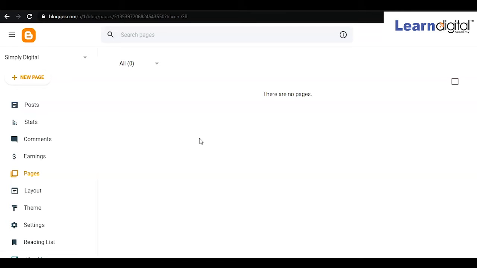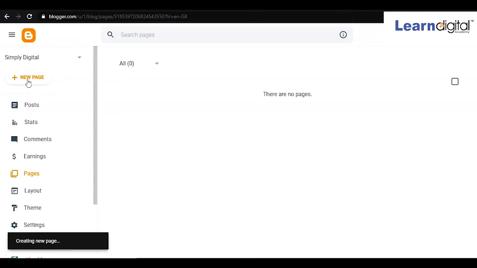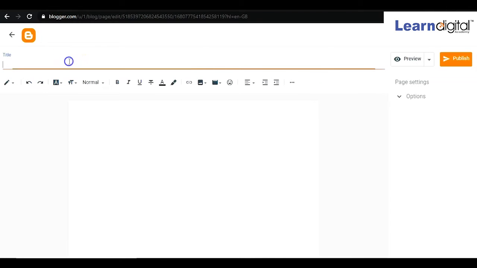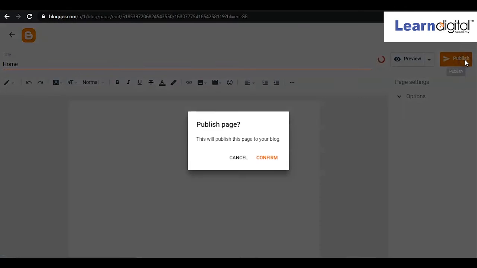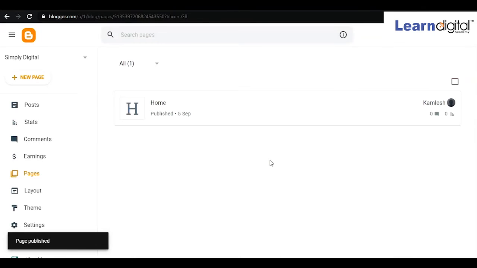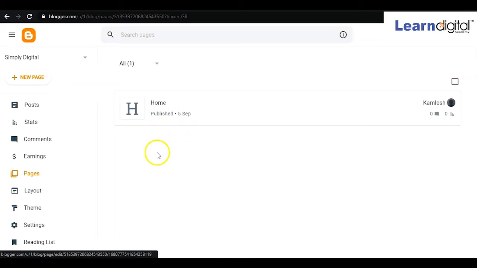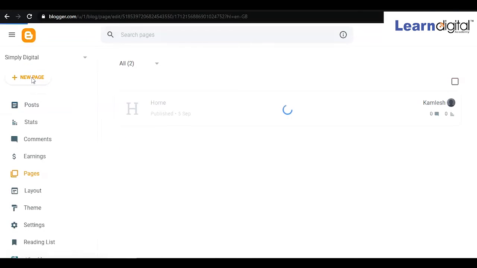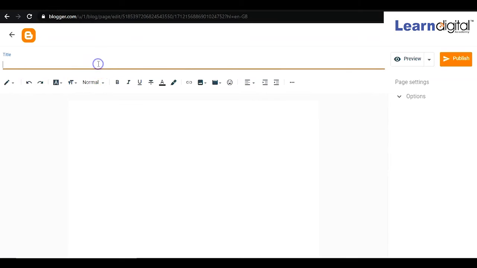For creating pages, right, here you can see this is the new page. Click on this, and now you have to create the page, right? So here the same thing, like you write home, and you create that page, and click on publish. So that page will be created, and yes, this has been created. Now if you want to add more pages, yes, you can come over here, click on the new page, and you can simply write down about us,